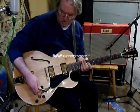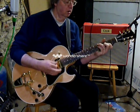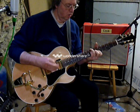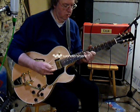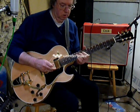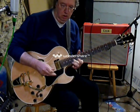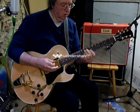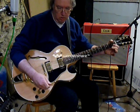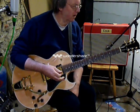So it's a little bit furry actually. Let me just switch on to the neck pickup and take the level back a little bit. Okay, it's still a little bit furry, but